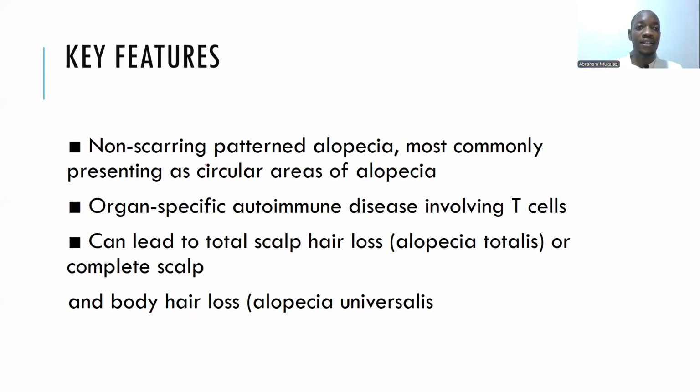So alopecia areata is one of the causes of non-scarring patterns of hair loss, most commonly presented as circular areas of hair loss. It has been thought that it is an autoimmune process that is driven by T cells, and it can lead to even total hair loss. Sometimes it can actually lead to loss of the hair on the entire body. That's the variant usually called alopecia universalis. And then you call it totalis if it's only the scalp, but the rest of the body